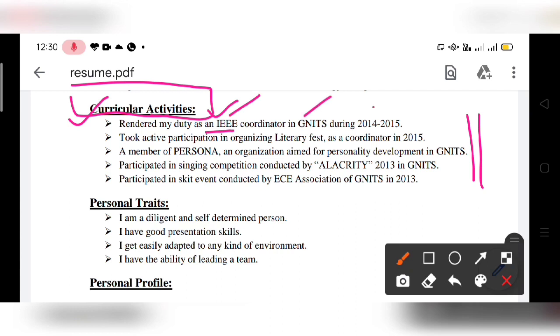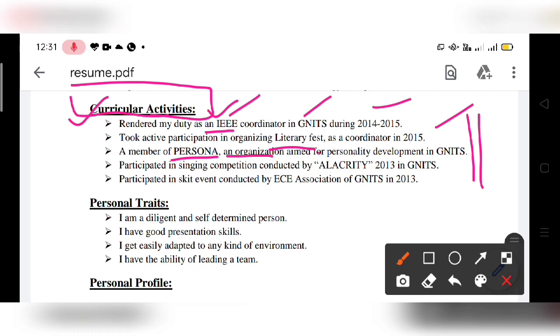Rendered my duty as IEEE coordinator, IEEE capital, GNITS, all in capitals because it is an abbreviation, during 2014-15. Took active participation in organizing Literary Fest as a coordinator in 2015. A member of Persona. This is also a club, right? An organization aimed for personality development in GNITS.